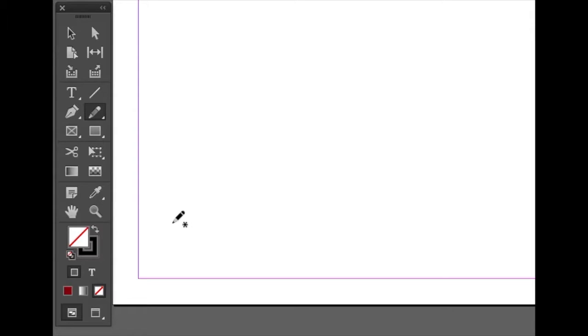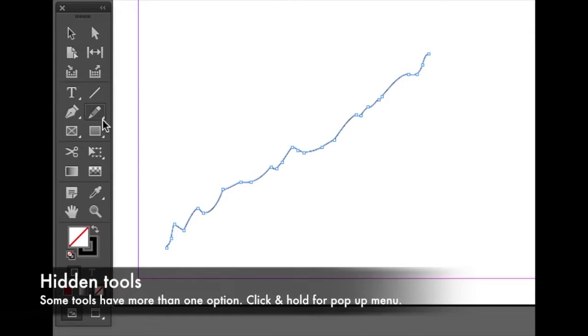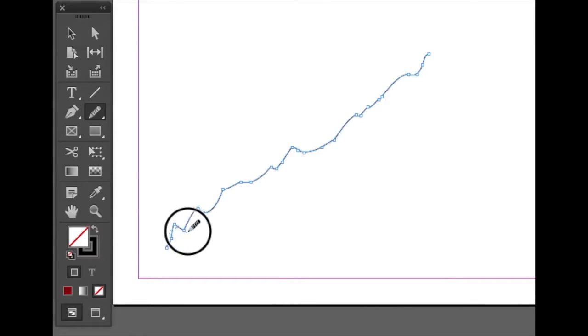First, I'm going to use the pencil tool, and I'm just going to create a really squiggly line. And let's say that line is not what I wanted. It's not smooth like I intended it to be. So I'm going to use the smooth tool. And what it does is it helps you smooth out